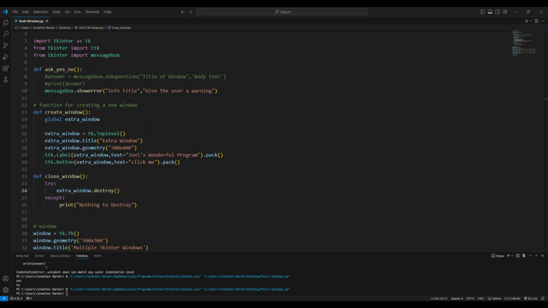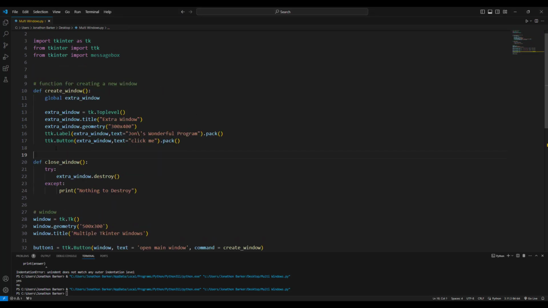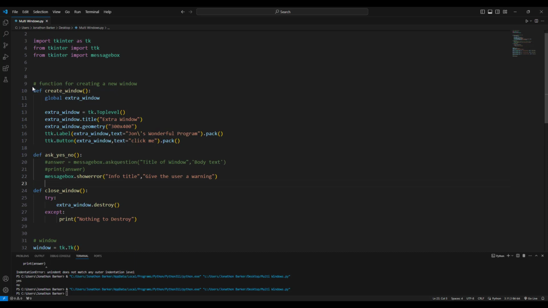Okay, welcome back to part 2, where we're going to get a little bit more advanced and make our code a little bit more efficient. And the first thing I'm going to do is just take this yes/no subroutine, push it down, put it in there. Now this is what I'm going to focus on, create window, and I'm going to build something called a